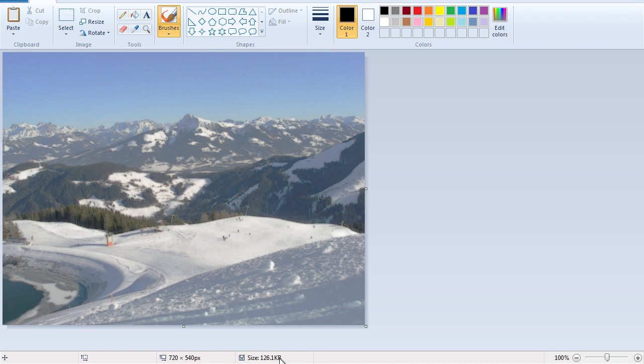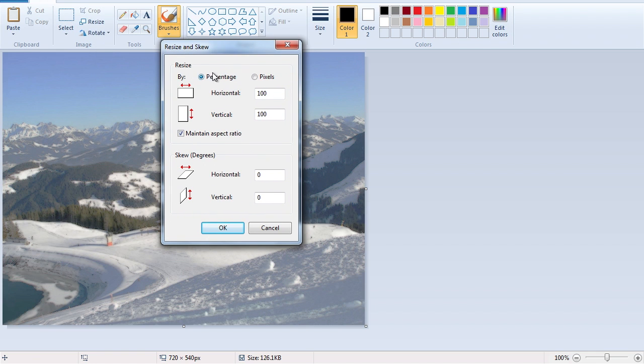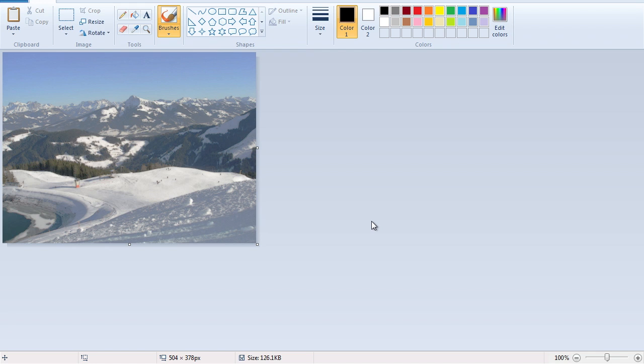Now, how would you know how much you should reduce the image so that the file size is 100 KB? Okay, so what you can do is go to resize, and this time we will focus on the percentage. Now, let's say 100% yields 126.1 kilobytes, alright? So how much should you reduce the percentage by so that you can get around 100? I would say 70%. Okay, I'm going to click OK, but nothing changes because you have not saved the image